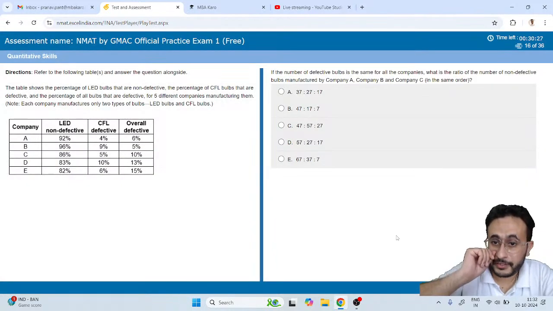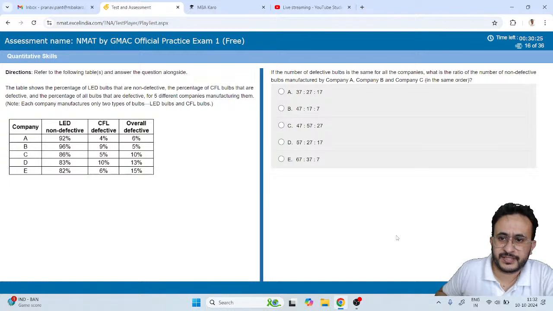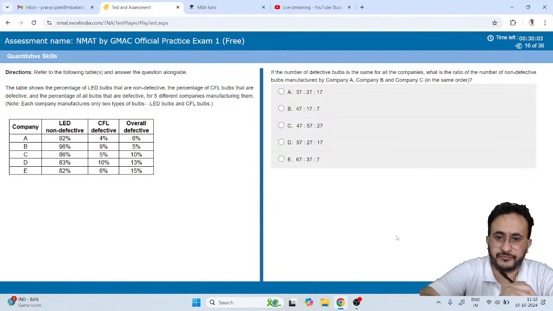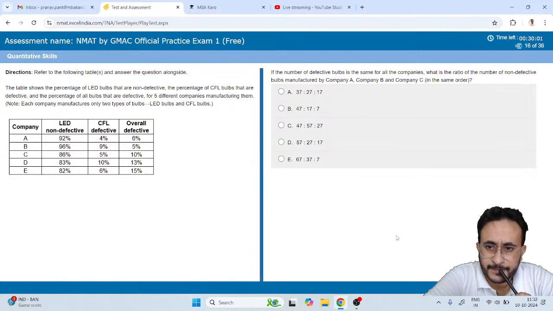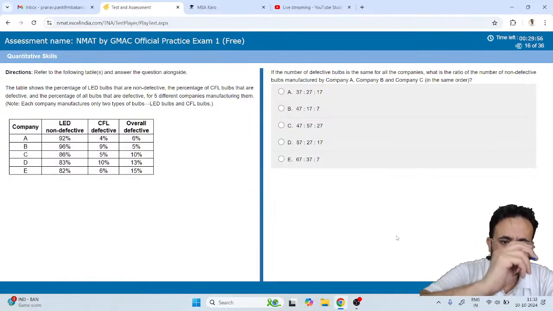If the number of defective bulbs is the same for all companies, what is the ratio of the number of non-defective bulbs produced by A, B, C in the same order? We will calculate for only A and B. Defective bulbs in the first case is 6%, so non-defective will be 94, and this will be 95. It says the number of defective bulbs is the same. So